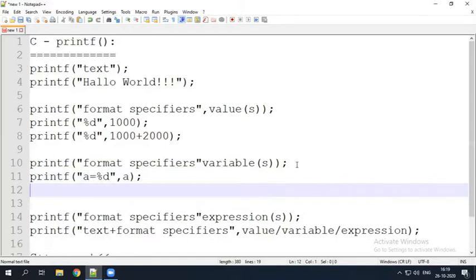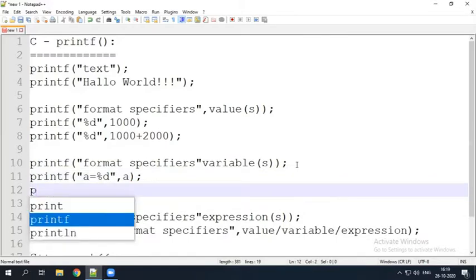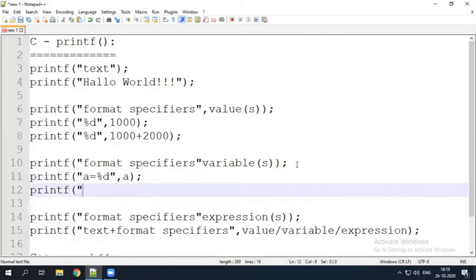Suppose you want to print multiple variable values: printf within double quotation a is equal to percentage d, give some space for our convenience, percentage d, comma a comma b. The first format specifier belongs to the first variable, the second format specifier belongs to the second variable. This is another way.